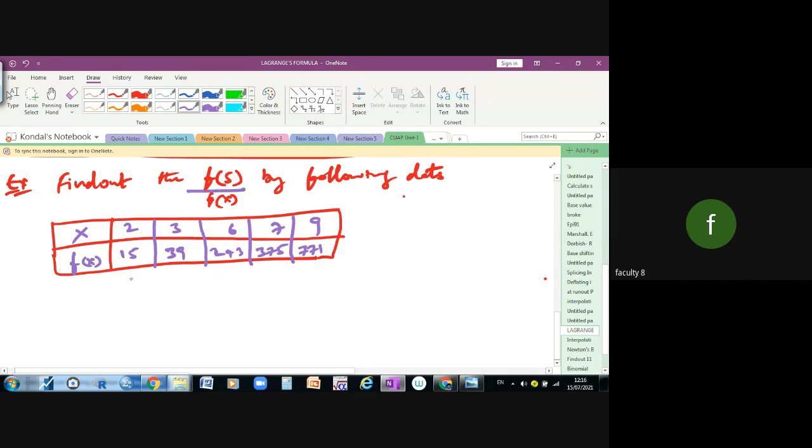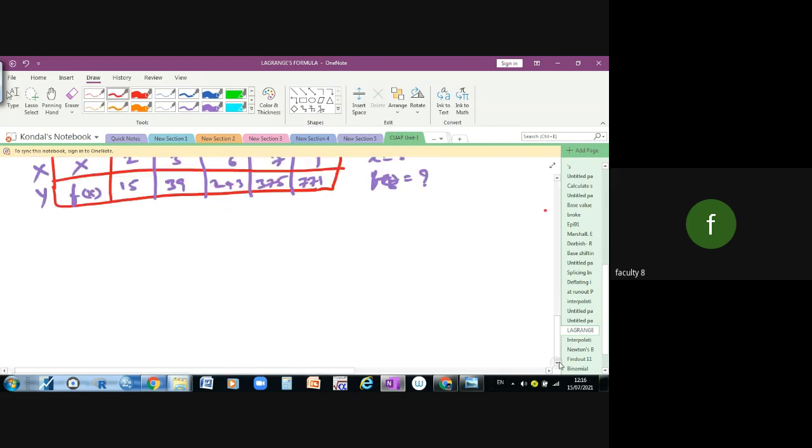f of 5 is nothing but f of x where x is equal to 5. So here x is equal to 5, then f of x is equal to how much? Nothing but f of 5 is equal to how much? Or if you are not able to understand, you can imagine the x and y value. No problem. If x is equal to 5, find out the y value. Right? So here, the Lagrange method,